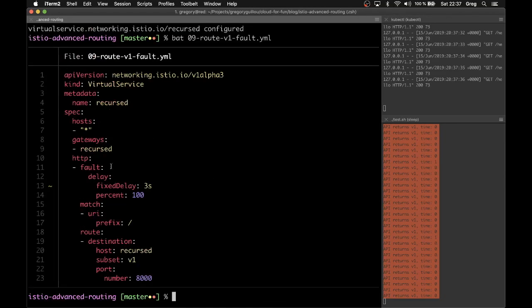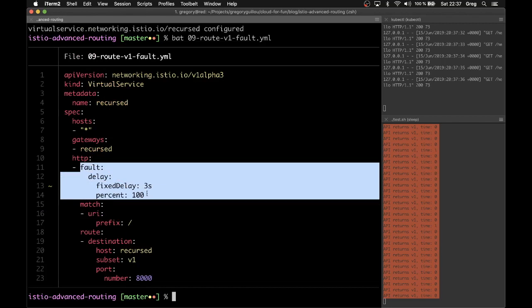So the manifest is this one, and now there is a new keyword, and this keyword is the fault keyword, so you can introduce a fault as part of the query. So useful again to test what's happening. And in that case, what I'll do, I'll create an artificial delay in the query for 100% of the queries